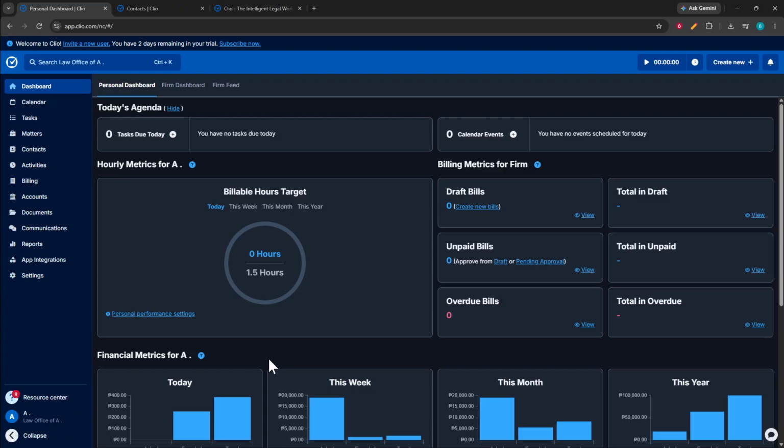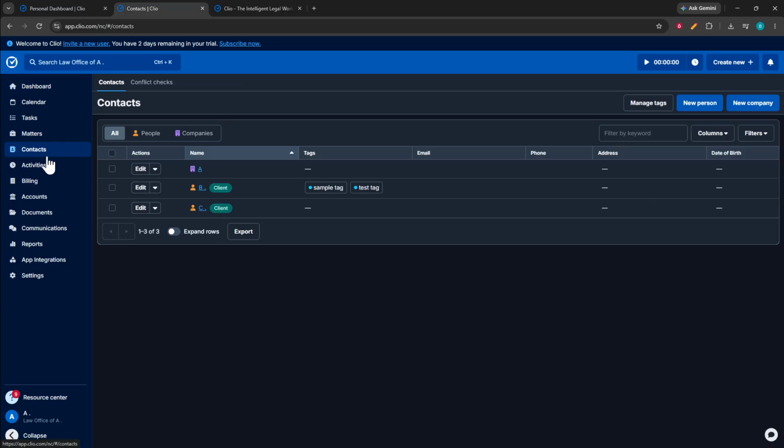This video walks you through how to set up conflict checking in Clio Manage. Once you are logged into Clio Manage, go to the left navigation menu and click Contacts. At the top of the Contacts page, open the Conflict Checks tab. From there, click Conflict Check Preferences in the upper right corner to set the default behavior for your searches before